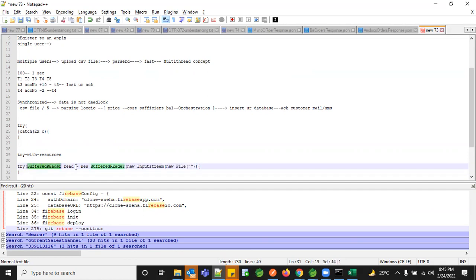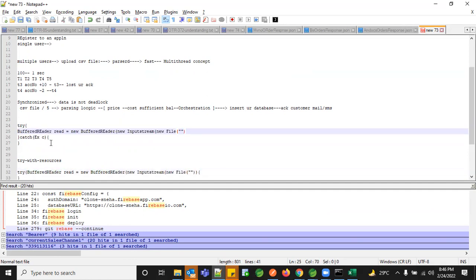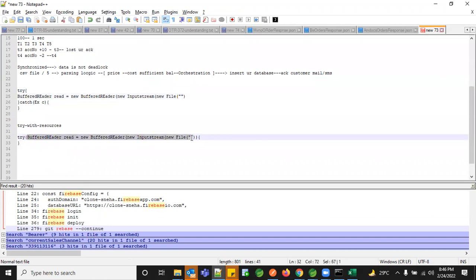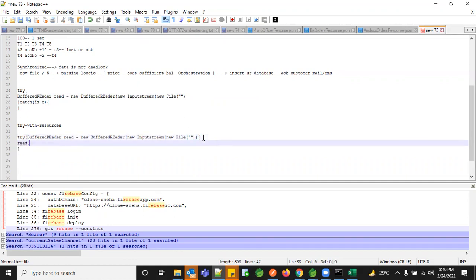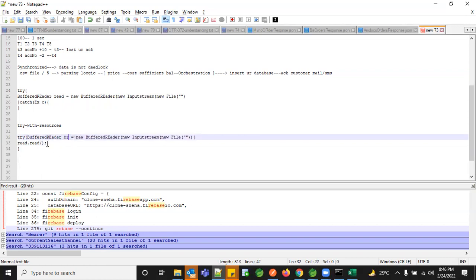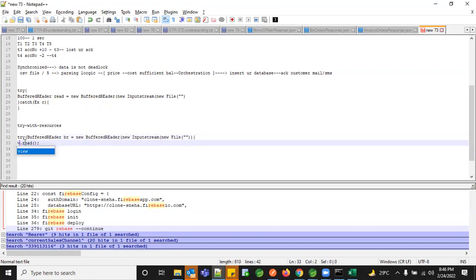So what we did earlier is we wrote the same piece of code within the try block, but now we are writing it in the try as a parameter. So within this parameter you have all this information, and you can use this read method. Let's say it is the buffer reader. You use the buffer reader, call the read method and write everything. And this would be the usual way.